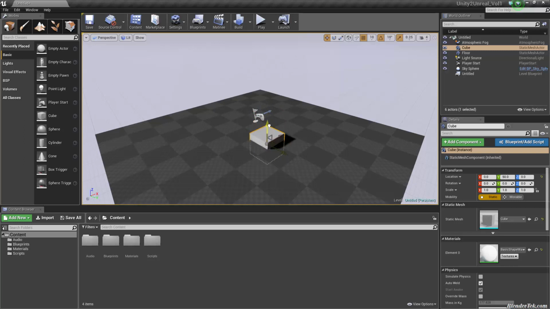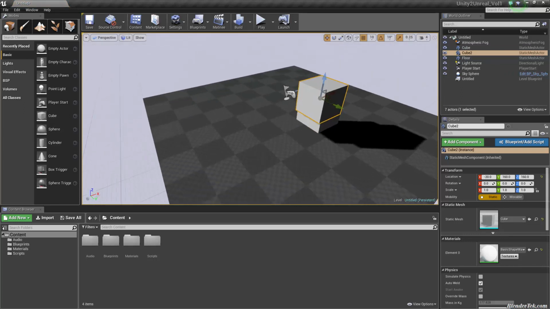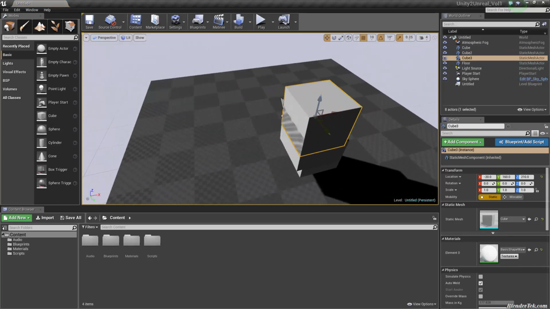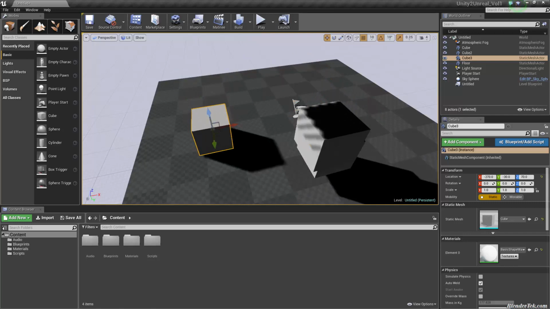Now, one thing that I think is very cool about Unreal is the snapping. Notice when I grab it up, it's grabbing in increments, and I can adjust this with the buttons up here. I'm not going to go into the next volume, but yeah, it's got snapping, which I absolutely love, which you can turn on and off at will. If I added another cube, they snap to each other essentially. It's not a perfect system. The videos I watched, they were snapping like directly on top of each other, so I'm not 100% sure what I'm doing yet. But yeah, so you can place it wherever you want, and gizmos are exactly the same, and they work essentially exactly the same way.